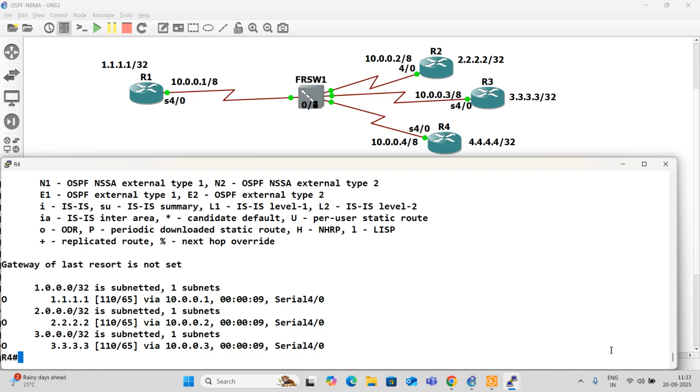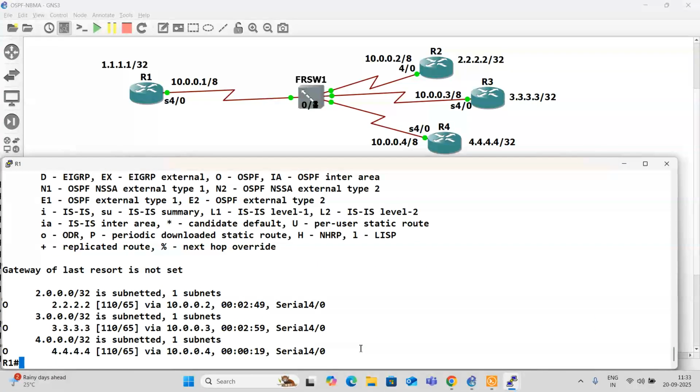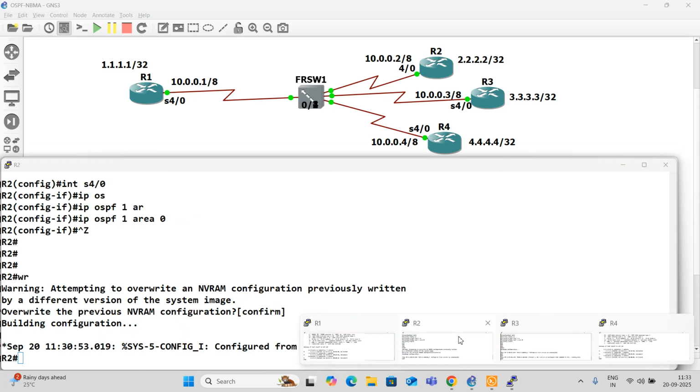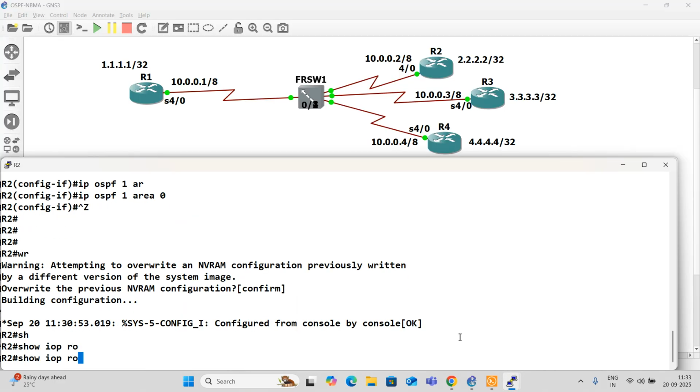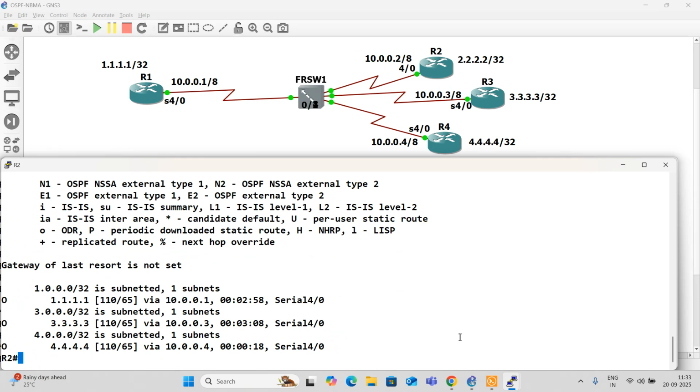Okay, see, I got all the routes. And what about router 1? All the routes. Now you can see because it is full mesh, it is not going to the hub.